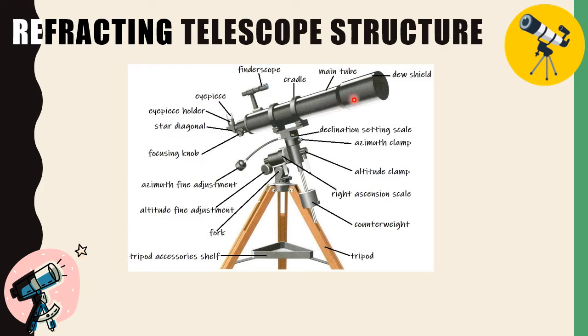Coming to the metal tube, which has glass surfaces inside and is sealed from the atmosphere. So, very rarely we need to have any cleaning for this tube. The tube is closed off from outside. The air currents and the effects due to changing temperature are eliminated. The images formed here are steady and sharp.